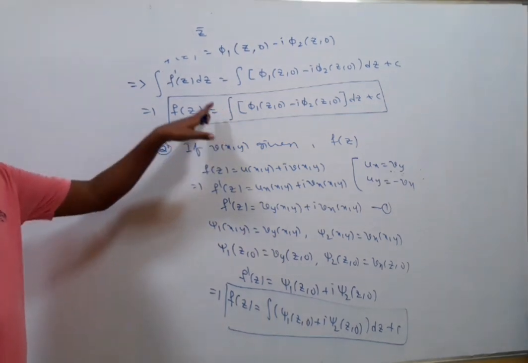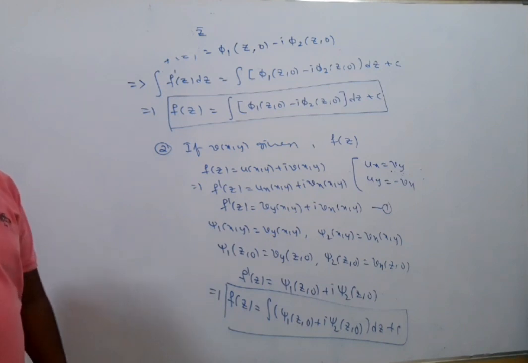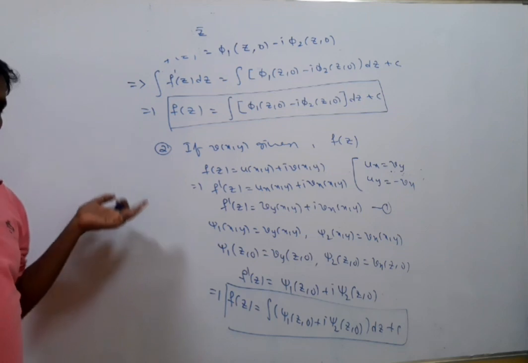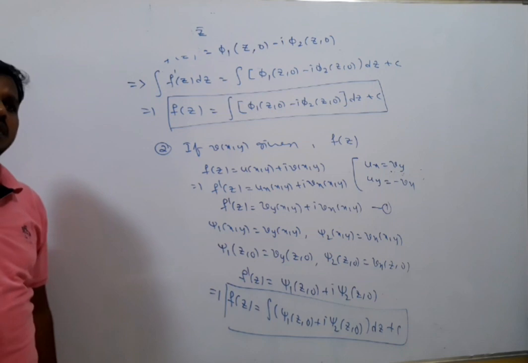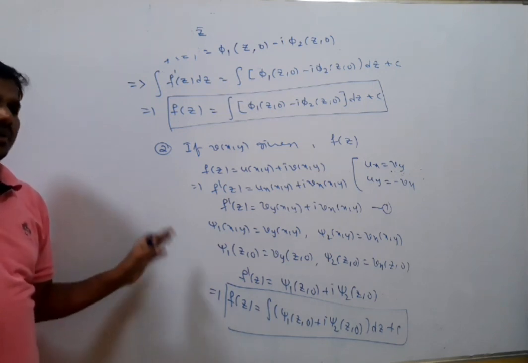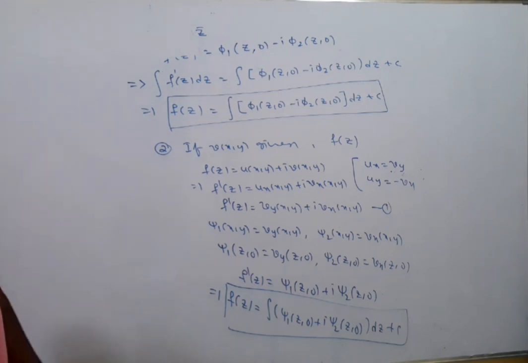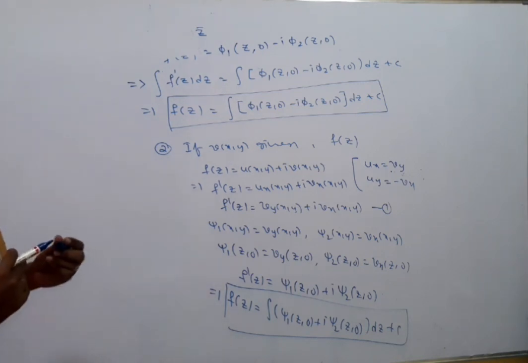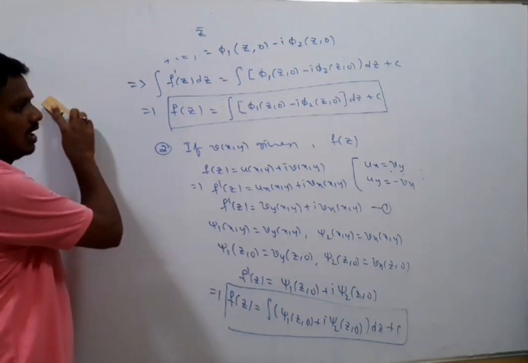This is the formula when the real part of the analytic function is given. This is the formula when the imaginary part of the analytic function is given. From this you can identify the real part also, right? Or if you are not able to apply the Milne-Thomson method, directly you go for the previous method. Already we discussed, right? Somewhat better compared to that method. Okay, as you wish, but finally the answer is correct. Okay, this is the procedure. Now we are trying to solve the problems. Some are easy, right? That is the reason I am telling the Milne-Thomson method.